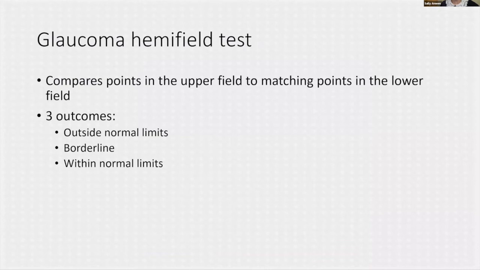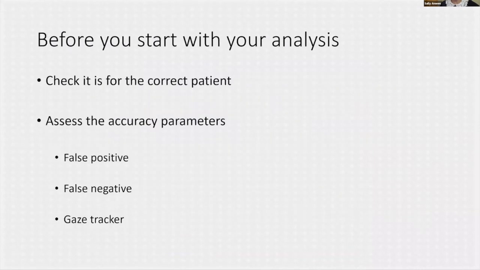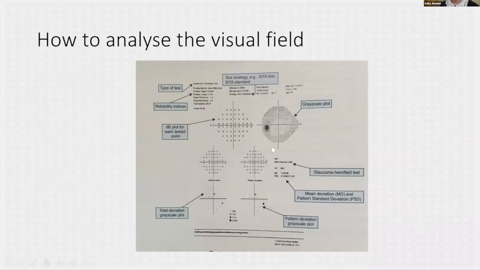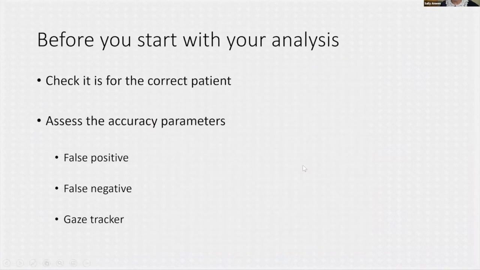And then the next point is the glaucoma hemifield test. What the machine does at that point is compare the points in the upper field with matching points in the lower field. And it gives you three outcomes: outside normal limits, borderline, and within normal limits. And that's essentially referring to these values here, the glaucoma hemifield test, or GHT, for what we have. The next value that we will be looking at